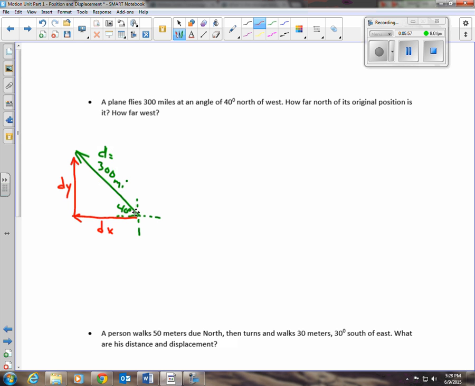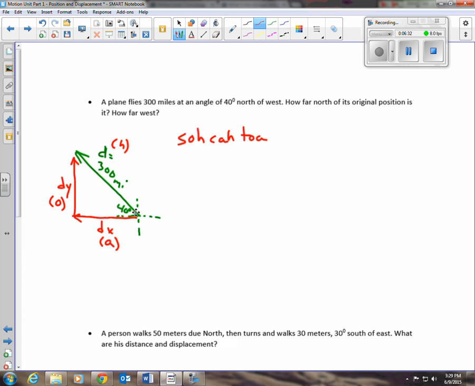And again, we're going to use some trig. So if I look at my 40-degree angle here, the dx is the adjacent side because it's next to the 40. The dy is the opposite side, and the D is the hypotenuse. Now, I'm doing this out in gory detail. Okay, you don't have to show all these steps. You don't have to write out SOHCAHTOA every time. But if it helps you, if you're not that great at doing trig quickly, go ahead and